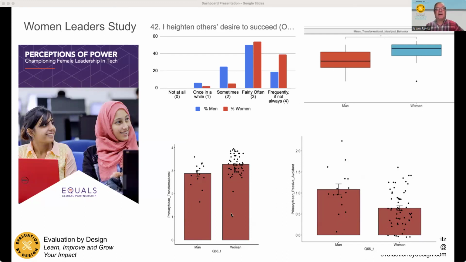And then these are called jitter plots, which show the mean differences, but also the overall distribution, which is really helpful. And this is women stronger than men on transformational leadership and men more passive avoidant in this case. And I also did reliability analysis and things to help support that report.